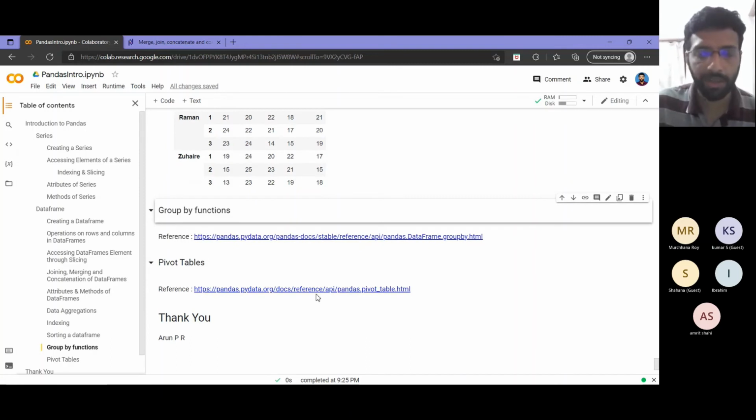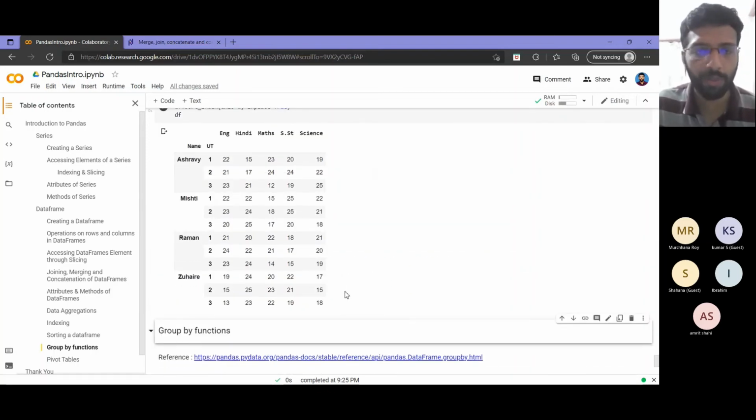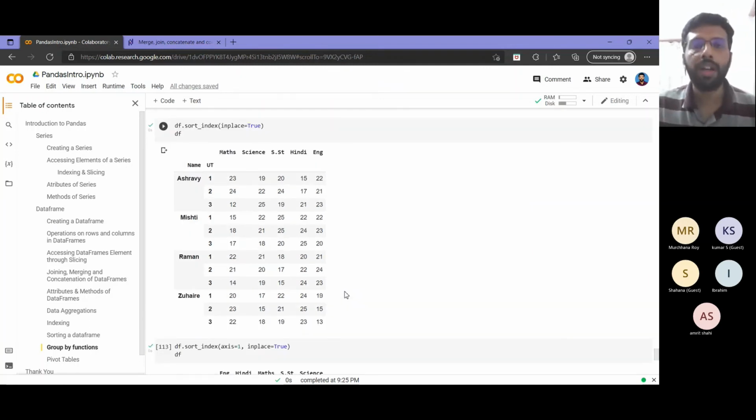Another thing in our syllabus is pivot tables. That is slightly similar to Excel pivot tables, if you know that. But from a beginner's point of view, it will be slightly confusing if we try to explain it in 2 minutes or so, so we will not attempt that here. I put a link here, you can go through it. Other than these two things, I think I have covered most of the things we need for our course for pandas. And I think if everything is good, we can close.